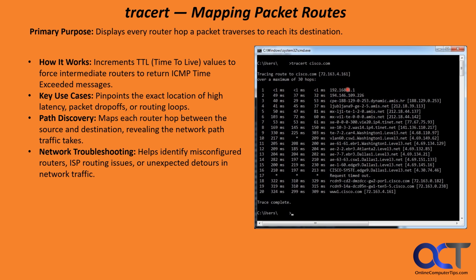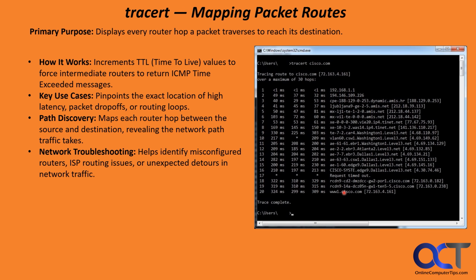on the network. So here it's leaving the local network, and you can see it's going through these other destinations, routers or switches online, going through Washington 1, Atlanta 2, Dallas 1, and it timed out right there, and then it continued here. So it had a little glitch right there, but it was able to continue